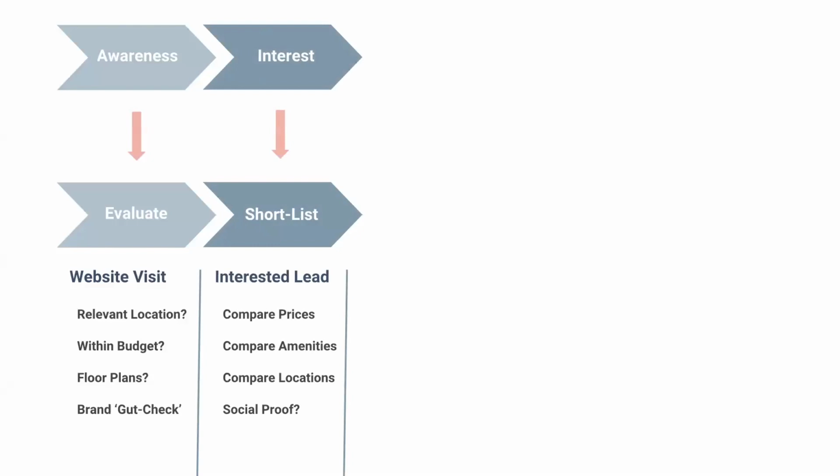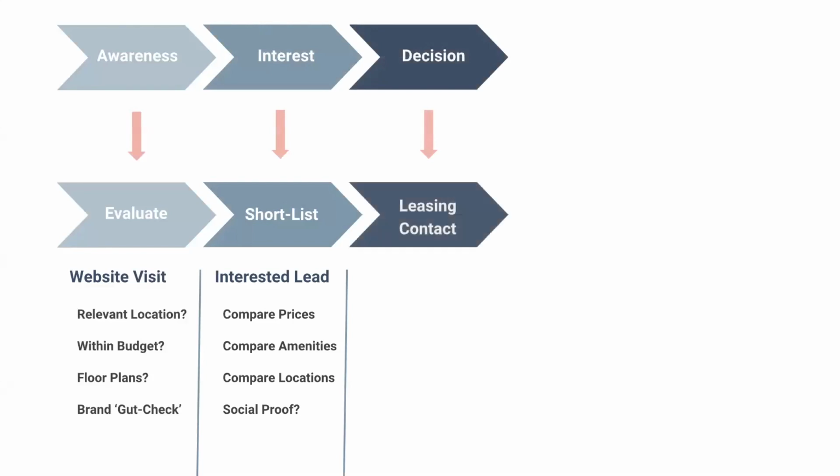A lot of people also look at social proof at this time. So what is social proof? It's your online ratings, your online reviews. They're just trying to get a gauge of if they would like living at your property. If my property passes these check marks, within their price range, they have the amenities they want, social proof check mark, it's time for some decisions. What properties are these prospects going to contact?